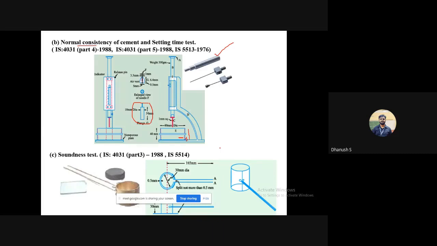So you can ask me, sir, this definition is fine, but how is it practically significant? So most of the later tests that we do, be it initial and final setting time or strength test on concrete, the percentage of water that you measure and add to your cement or mortar mix is all a function of normal consistency. Without doing the normal consistency test, you cannot do any of the further tests. Okay, just keep this in your mind. So it is one of the basic tests. As soon as you get your cement sample, literally the first test that you do is your normal consistency test.